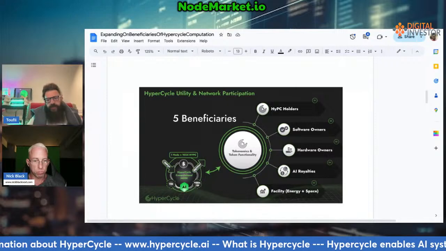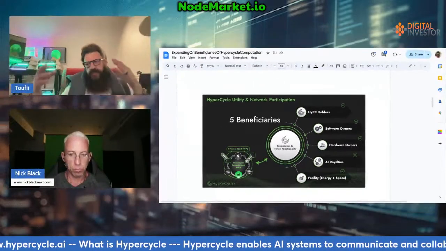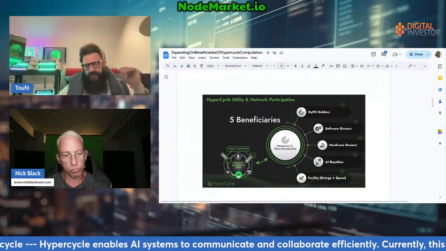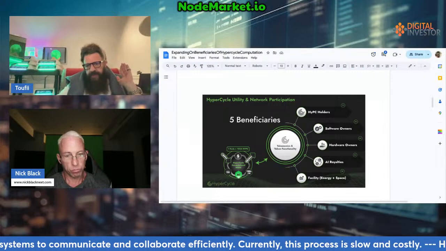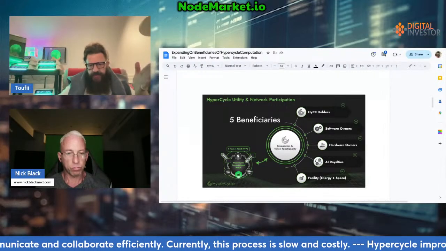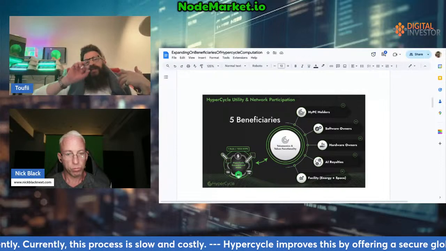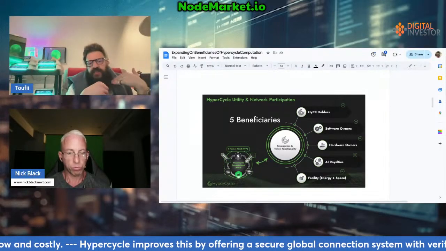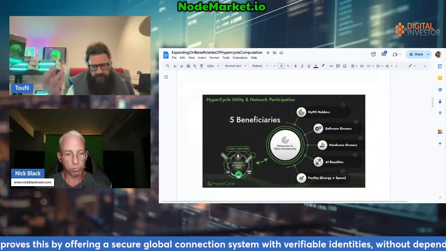Now, remember, Nick, they have a lot of other costs to make that money. So it's not like they're not chipping you here. You receive your $40,000, you're happy. The HYPC holder is receiving $100,000, they're happy. Software owner receives, everybody's happy in this equation. And the one who's getting that demand from them is extremely happy because their AI is getting more intelligent, better, faster, and so on and so forth.